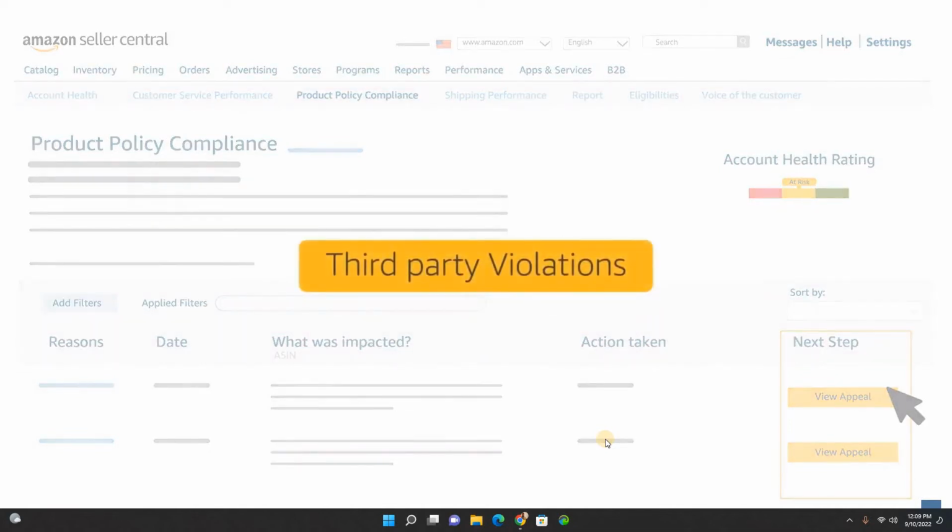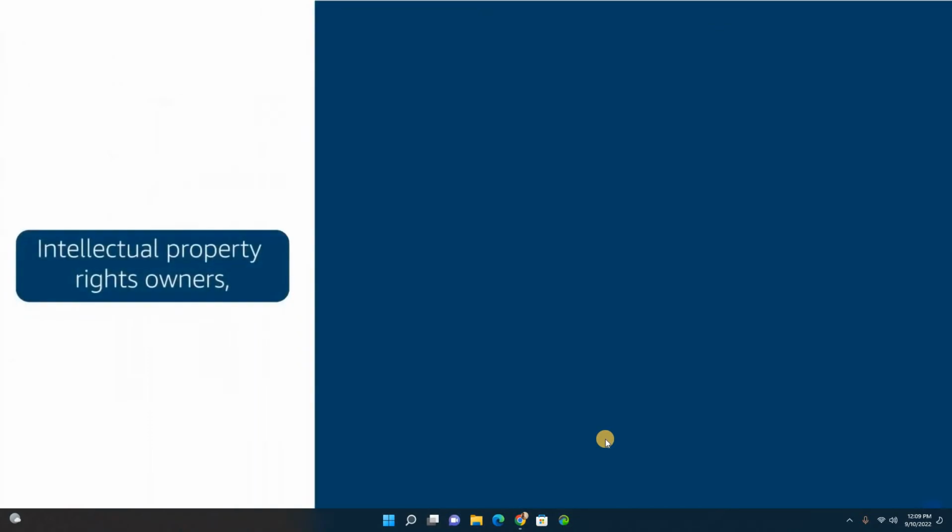Listing level actions may be taken due to third-party violations, including intellectual property rights owners, buyers, and Amazon. You can search by your product's name, SKU, or ASIN. And after you find the products that you want to add, just click Add to add them to your ad group. The product policy compliance page tracks the following violations: